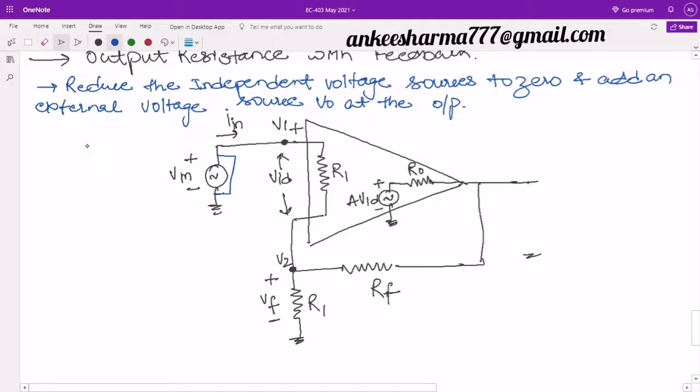So what I am going to do, I am going to connect here a voltage source, and I will name this voltage source. Mostly for practical purposes, we take this equal to 1 volt or 1 millivolt, since one value is easy to calculate, but over here in this theoretical part I will take V0. So definitely due to this voltage source, one current will be there. I will name this current I0. Right, now this I0 will travel. This is my complete diagram, so I guess it is clear to you.